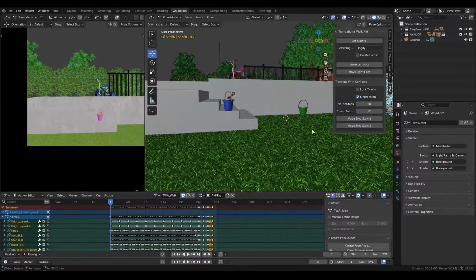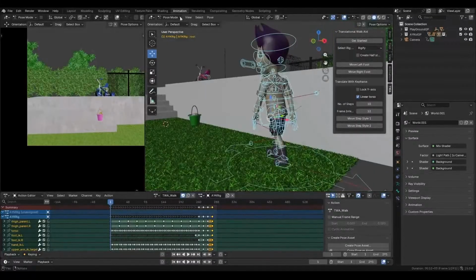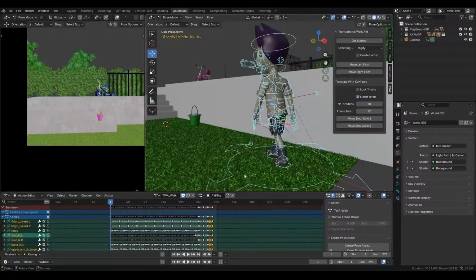So on frame 1, I need to select all, deselect the roots,